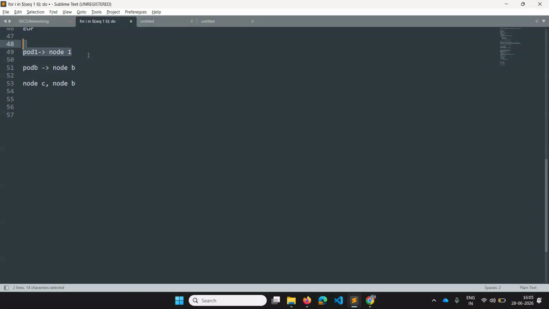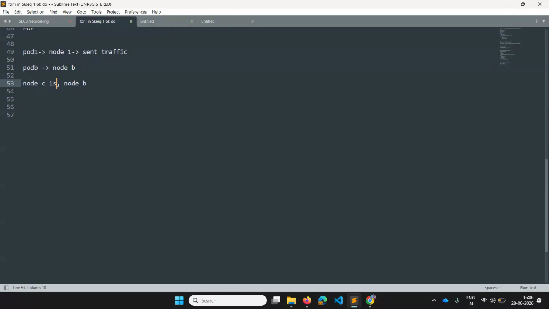Now, let's say I don't know which node this pod belongs to. I just send the traffic. So when I send the traffic, let's say it went to node C first.